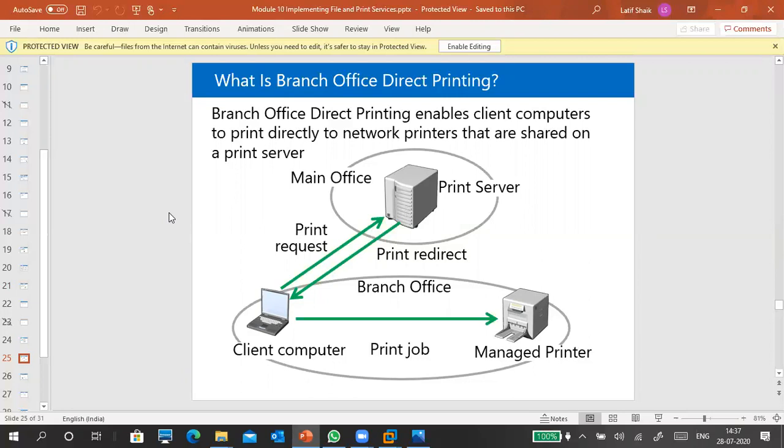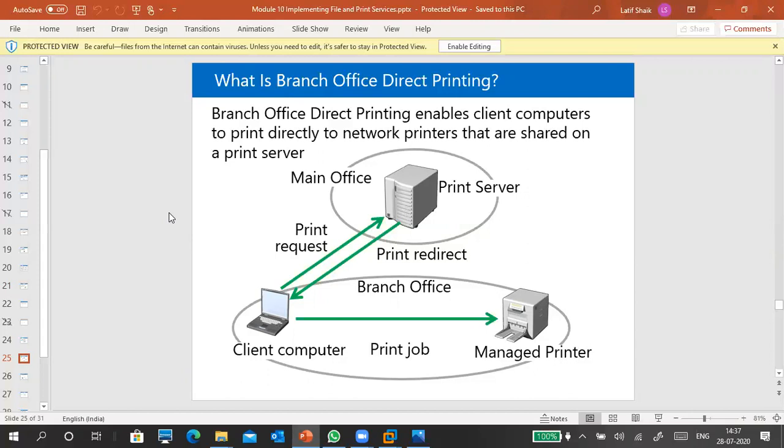If you are asking the print server, can I take a print, it will check your user authentication, right? For example, if you are not allowed, it says no. Think of it like your print server is in the head office, and your printer and you are in a branch office.